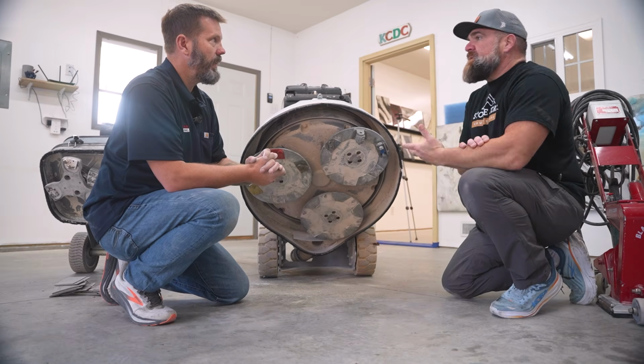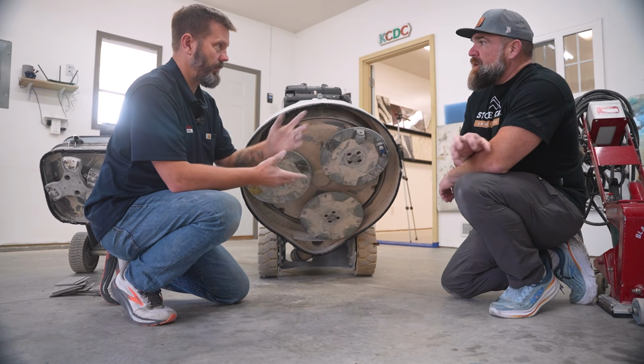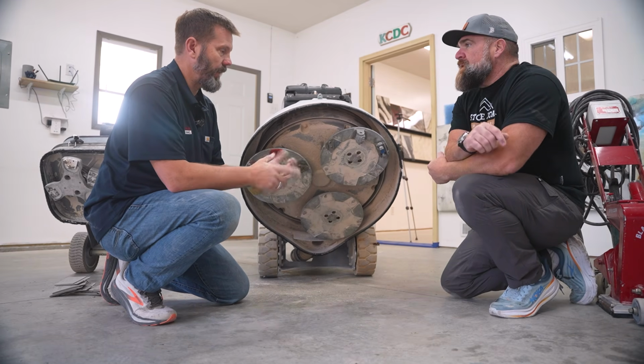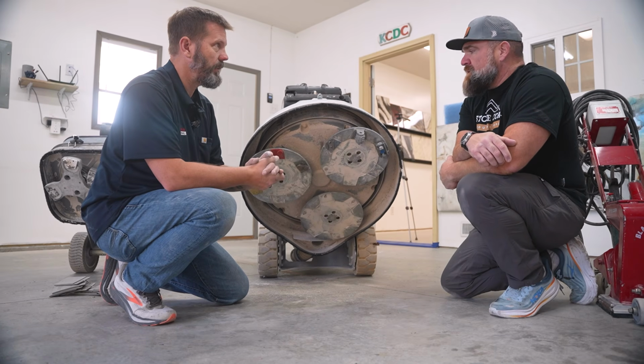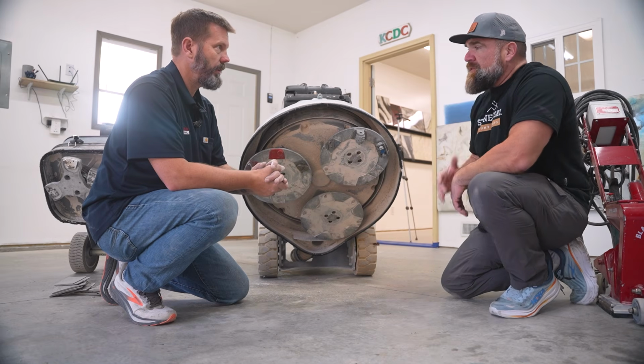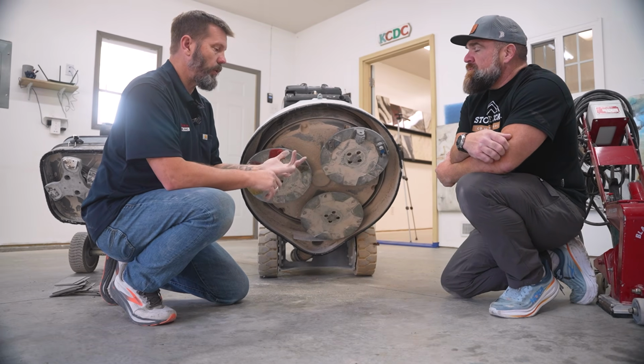Yeah, you're glazing them, and they're not effectively abrading. Exactly. They're just glazing right over it, or really not doing anything. Right. And that would be if you're using too high of a grit on the concrete. Is that what would do that? Too high of grit, or